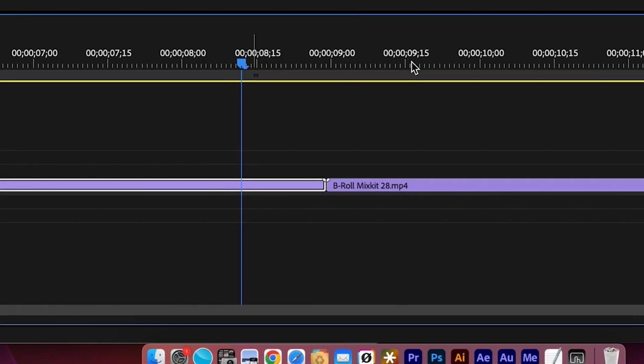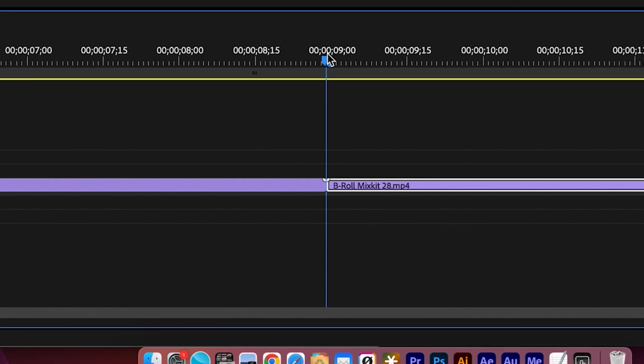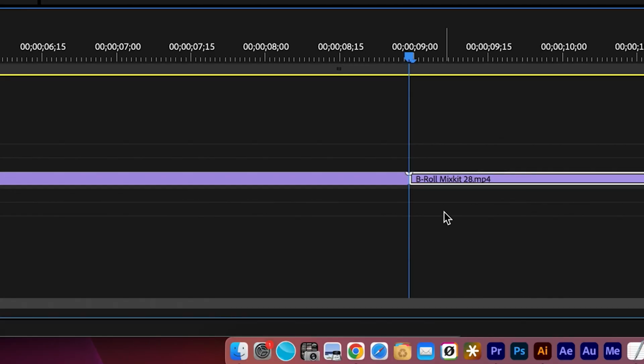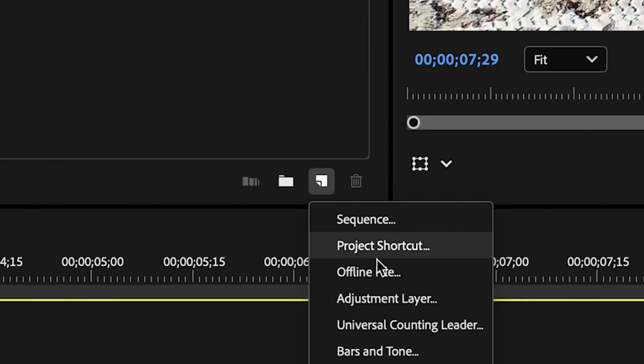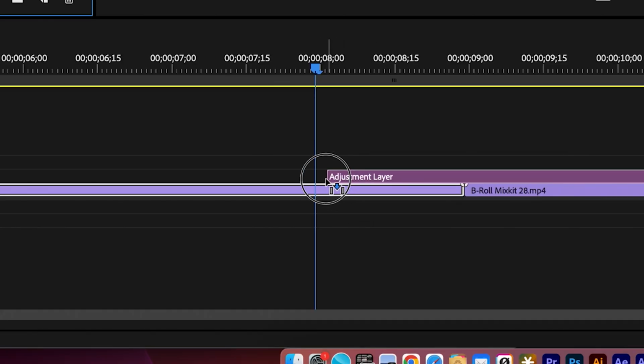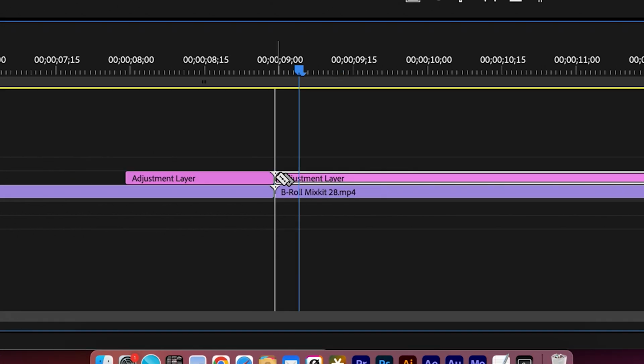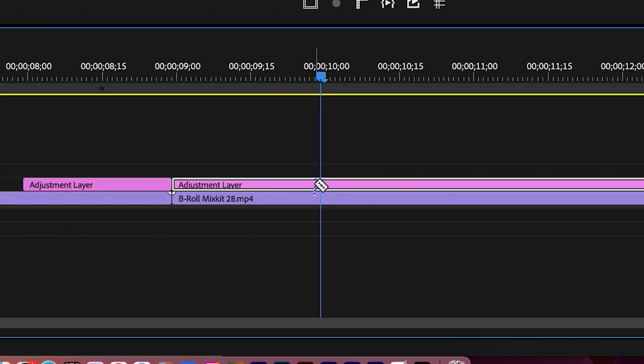Before we can create the automation workflow, we have to add our transition once manually. So make sure you have 2 clips added to your timeline, and then starting at the point of the cut between both clips, move your playhead 30 frames to the left, create an adjustment layer, drag it to the timeline, move your playhead back, cut the adjustment layer, move your playhead 30 frames to the right, trim the adjustment layer,